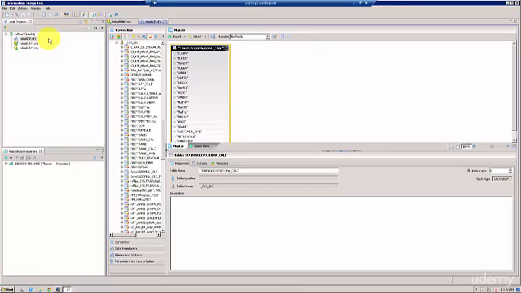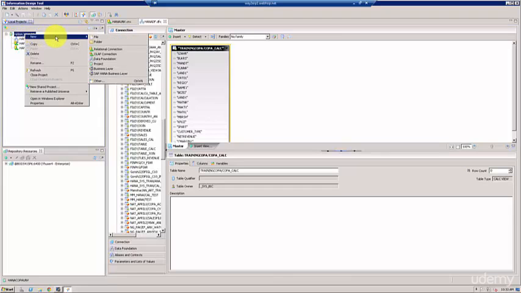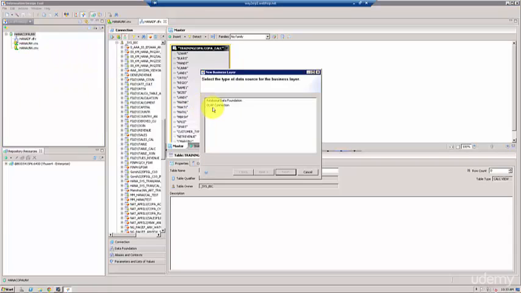So what we're going to do now is create a business layer. In other words, a universe. You right click on the project, you say new, and then you come to business layer. Click on the business layer. And now it's going to ask you whether it's a relational data foundation or an OLAP connection. So ours is a relational data foundation. You can click next, give it a resource name. So I'm going to name it HANA COPA UNB